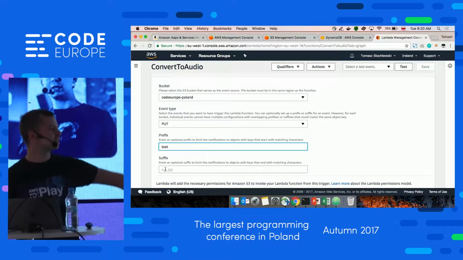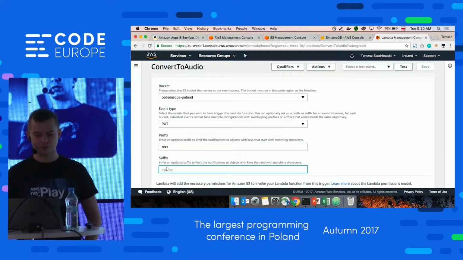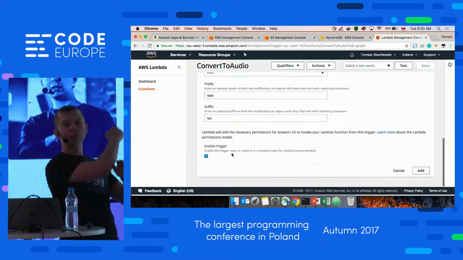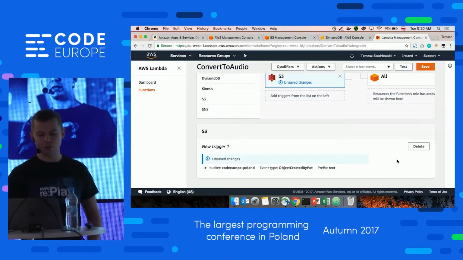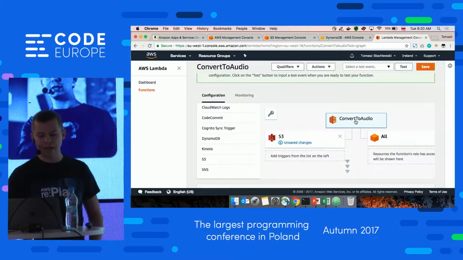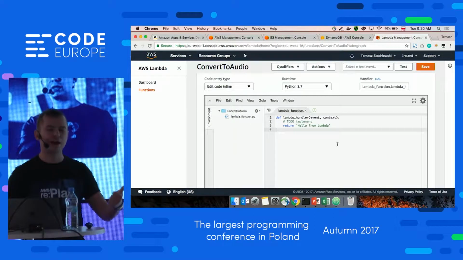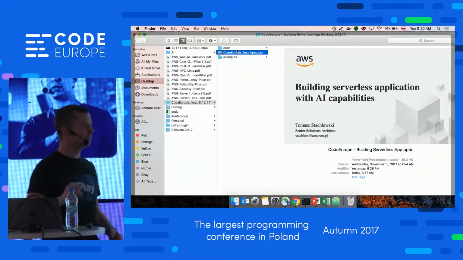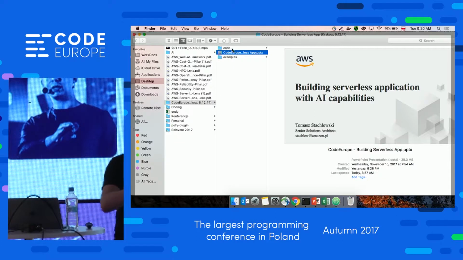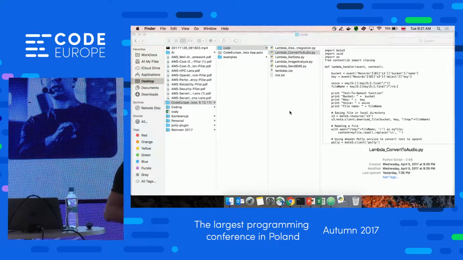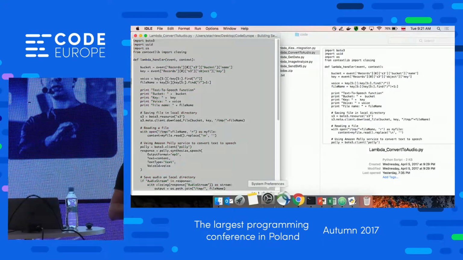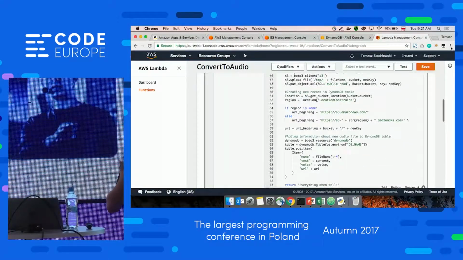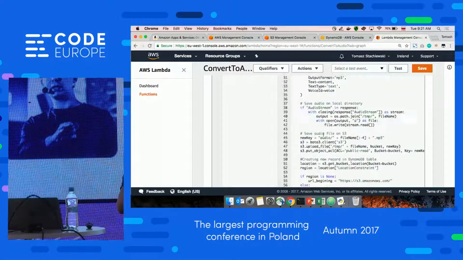Okay, I will just describe it in a couple of sentences because it's not the main point here. This Lambda will be invoked whenever I have a new file on S3. The logic works like this: at the beginning, I'm just retrieving the name of the file and the name of the voice. I didn't say anything about the voice. In Polly, whenever we are converting text to audio, we can specify the voice. The voice says which language it is, and in each language we can have different voices, like male voice, female voice, and so on.